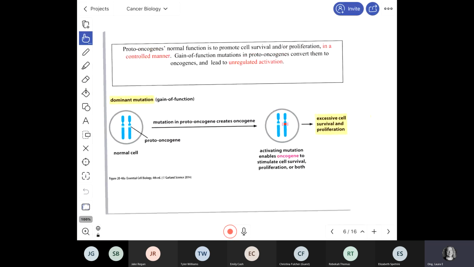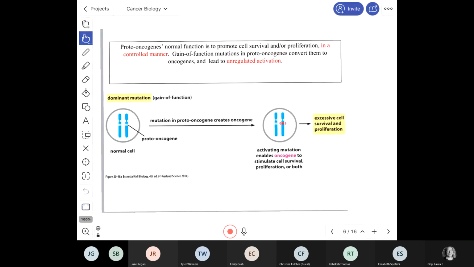So that's kind of some big picture overview stuff about how cancer tends to happen. And what we're going to go through next is some molecular detail that will be on your final very frequently. So there are some definitions here and also some examples of two types of genes that are related to cancer development, and they're called